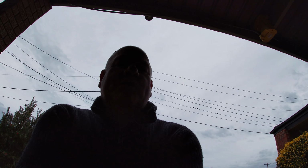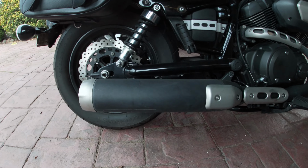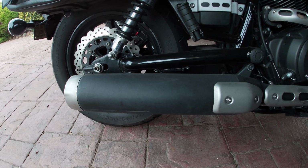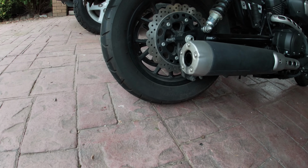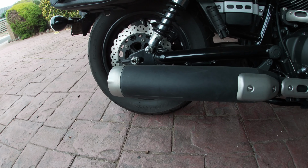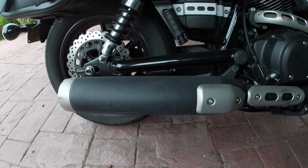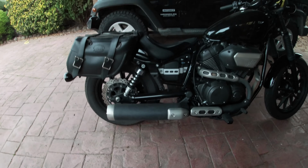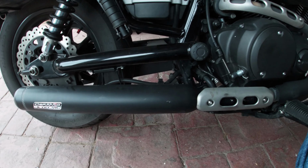And the next thing we have to do is a comparison. So I'll do a wee comparison. I've got a video before I started it, and I'll do one now, and we'll see what it's like. So this is before the exhaust changed. I'll just start it up. And this is with the Delkevic exhaust fitted, and